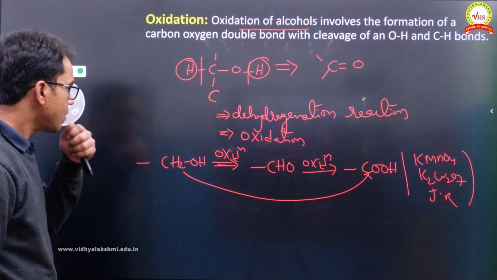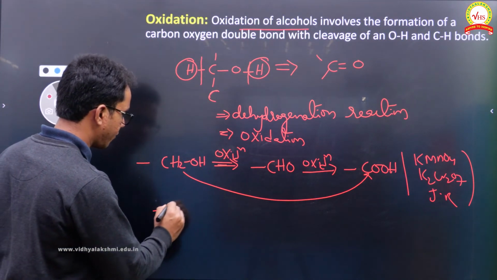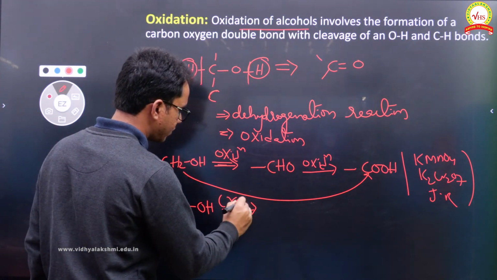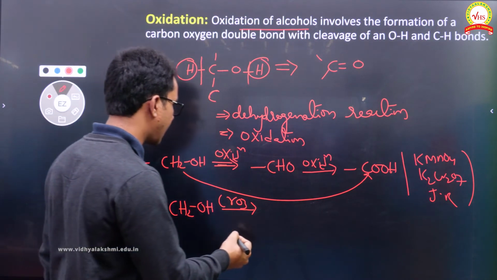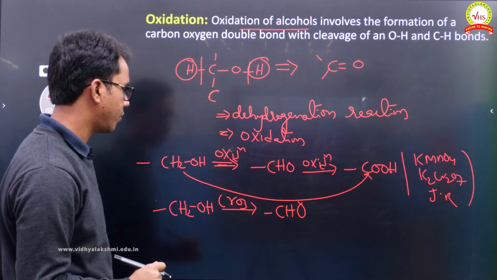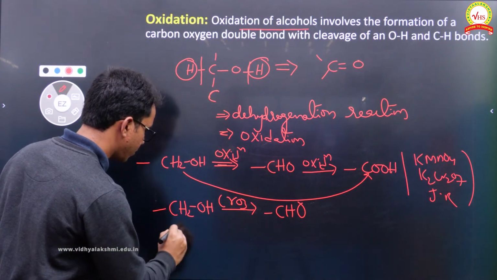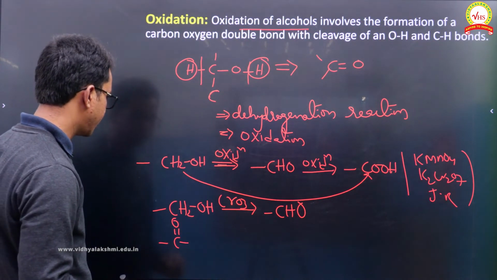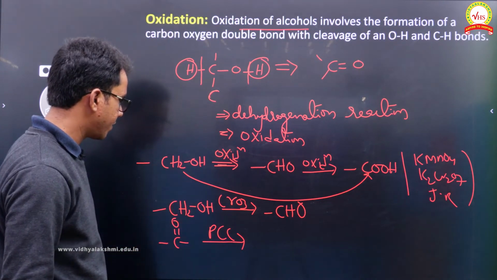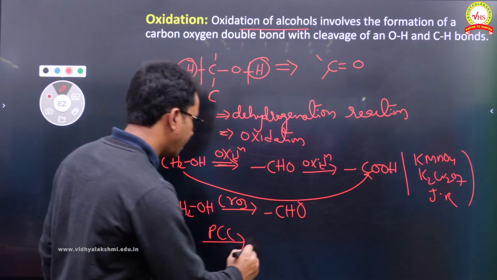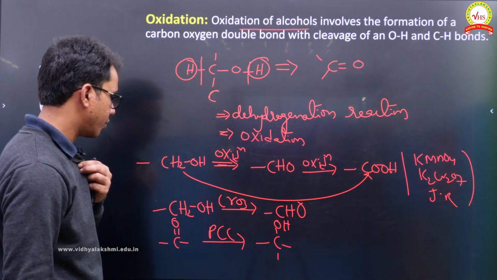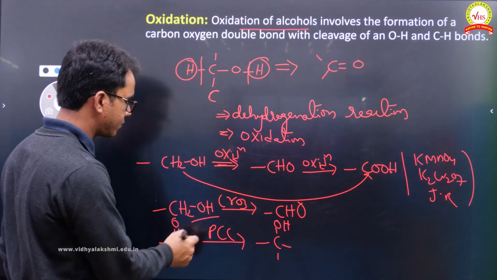Now, for example, if we take any alcohol, for example, let us take CH2OH. Let us take chromium trioxide, a simple oxidizing agent. It just oxidizes the primary alcohols to the respective aldehyde. Now, if you take a ketone, pyridinium chlorochromate, a simple oxidizing agent, turns it into the respective secondary alcohols. Now, generally primary, one minute,